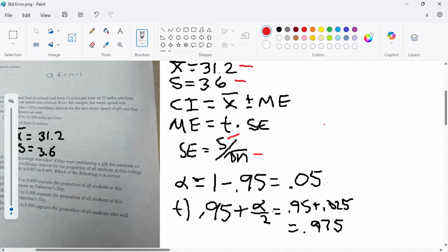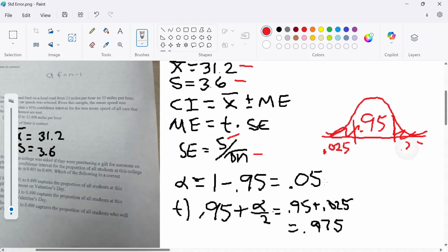I need the alpha value. If it's 95%, then the alpha value is what's in the tail above and what's in the tail below. Here's the distribution, 95%. I'll just put 0.95. I want to know what's in this part and what's in that part. Well, it's 1 minus 0.95, which is 0.05, but each one of those is half of it, so it's 0.025